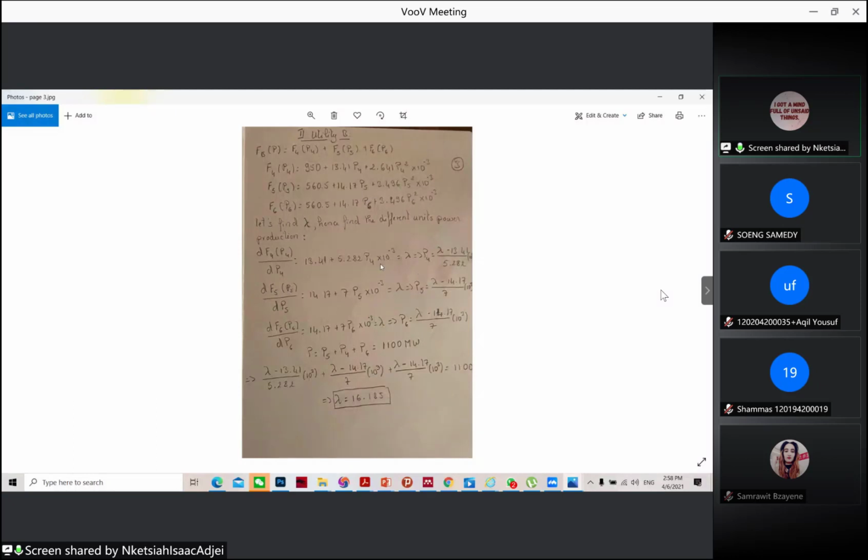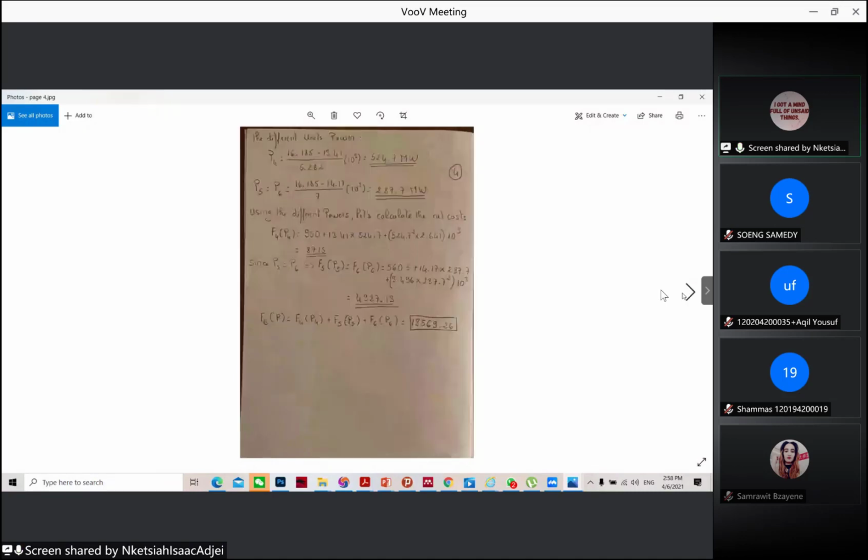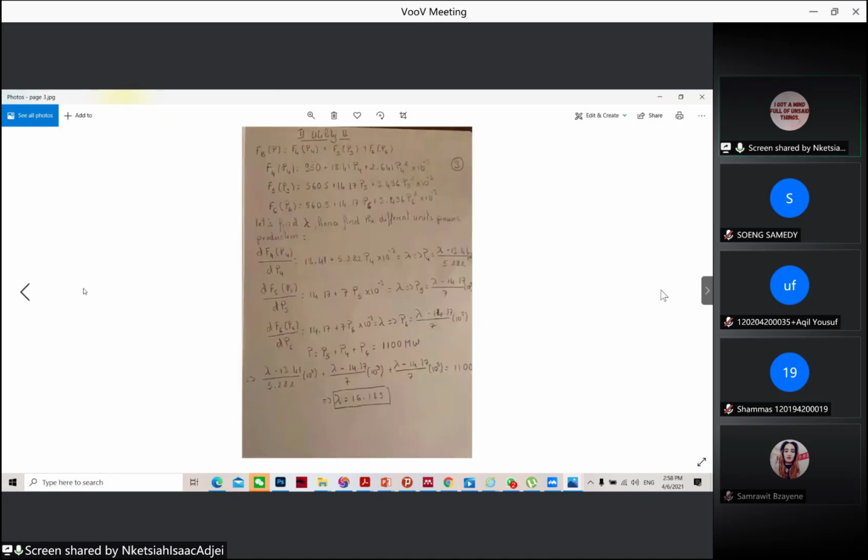So substituting or finding our P4 and P5 using the lambda will help us get our utility B. And for the first part, by calculation, utility B gives us